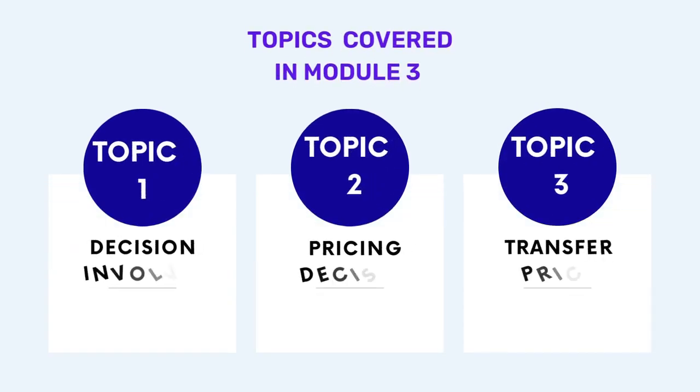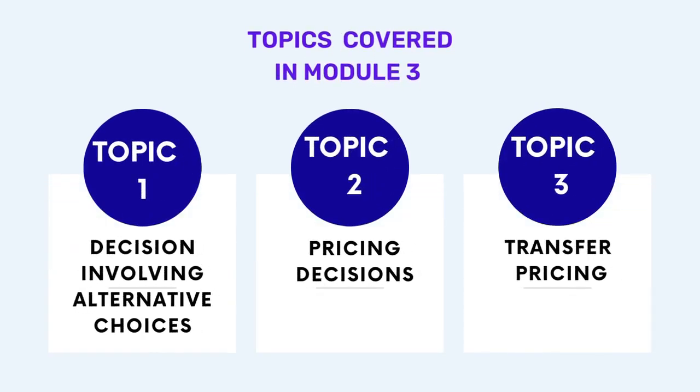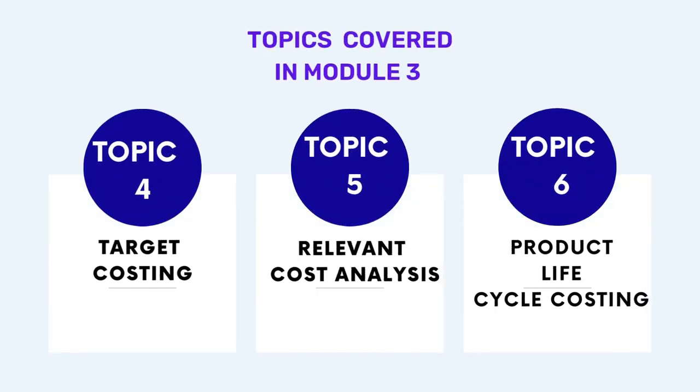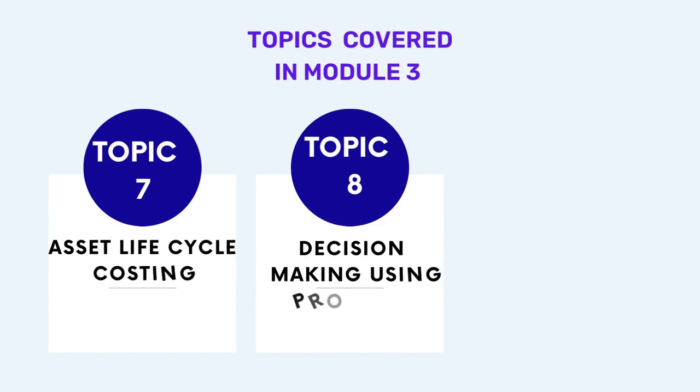Now in this module, there are around 8 topics. The first topic is regarding decision involving alternative choices. Second topic is pricing decision. Third topic is transfer pricing, which is very important. Then topic 4 is related to target costing. Topic 5 is related to relevant cost analysis, again very important. Topic 6 is very easy, product life cycle costing. Then there are topics 7 and 8: asset life cycle costing, and 8 is related to using probability